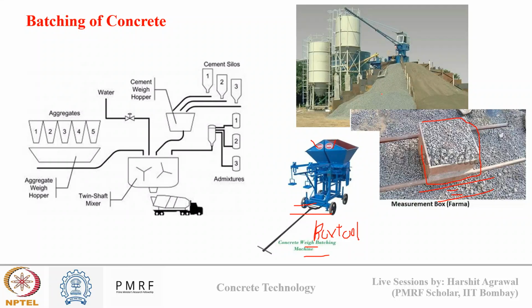And in the top image you can see how a batching plant on site looks. There are big cylinders here. These big cylinder silos are used for storing cement, and there may be other mineral admixtures like fly ash and slag also, for which these silos can be used. There are quarries here which are used to store aggregates separated by walls. There will be some water storing tank also, and other silos for storing chemical admixture.